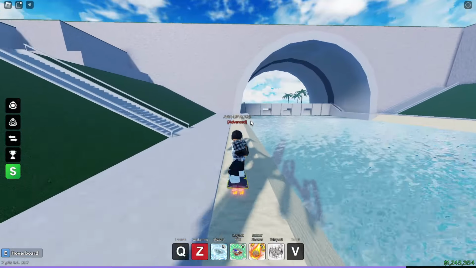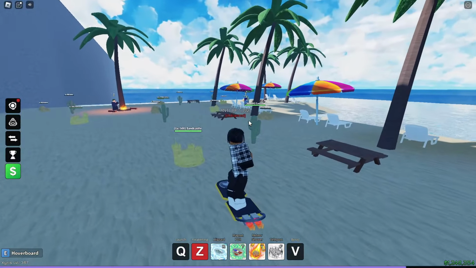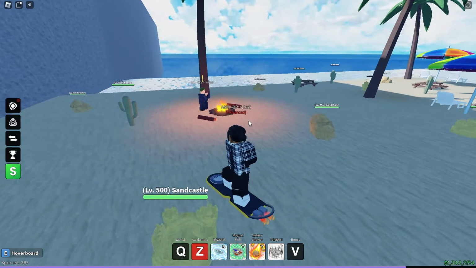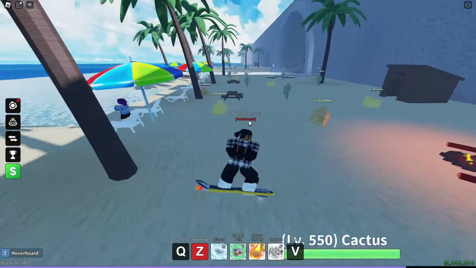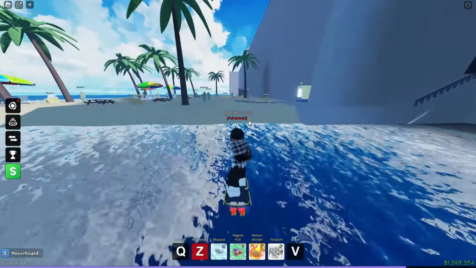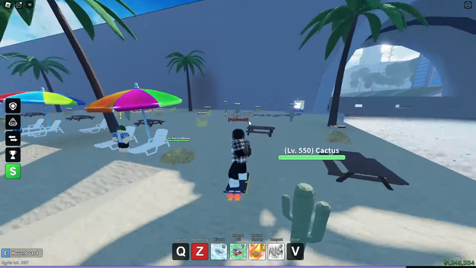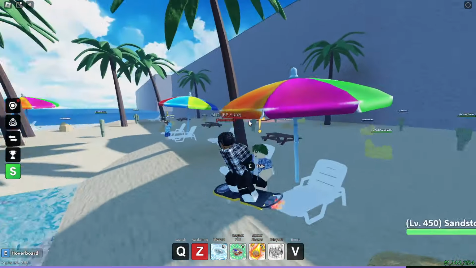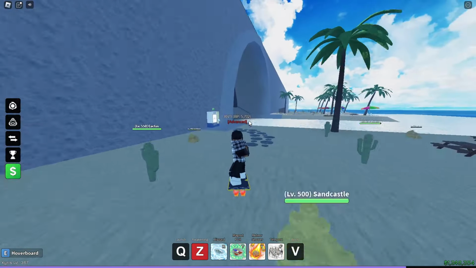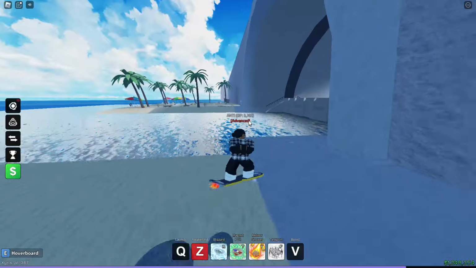And this is the beach. So this little sandcastle is 500, so 450. Level 425 trainer. Level 600 trainer. So this area is a little spread out. 475, 600, 475. But this is the 450-ish area for the rocks, but I'd probably recommend at least being level 500 for farming